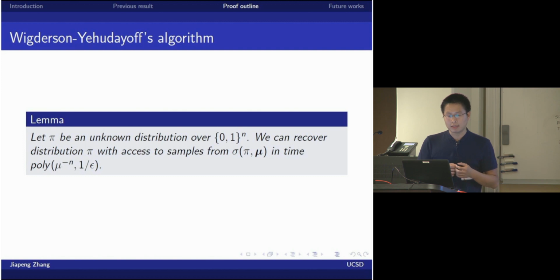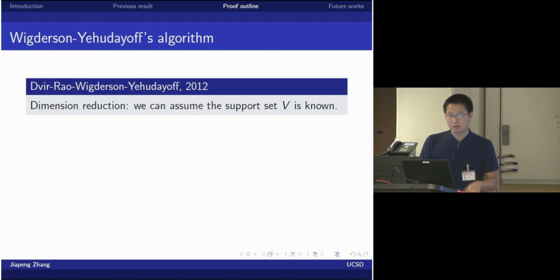Let's say we have a pi that is an unknown distribution, and we can recover pi from the noise distribution in time mu 2 minus n. Notice that this depends exponentially on n. But we can always do that. So now the idea of White's algorithm is simple. It is very nice, and